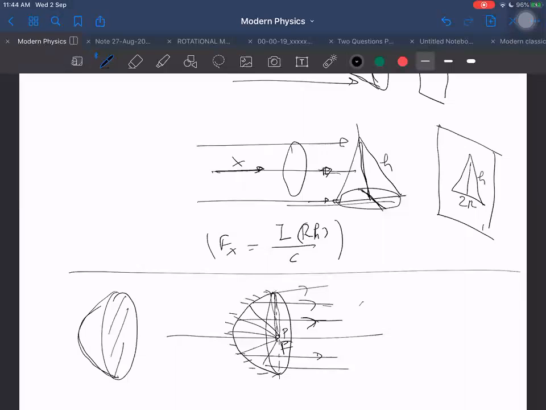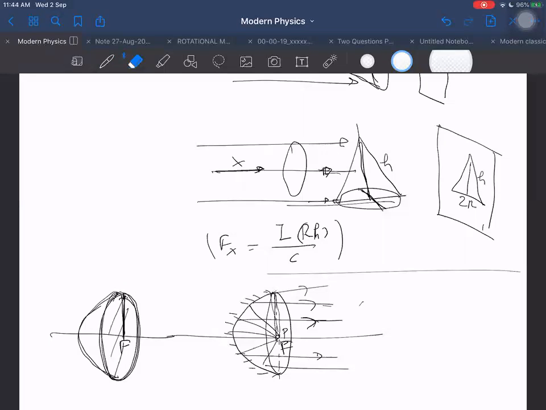I can give the shape of this area for the paraboloid mirror. Can you find it out? This is the focus here, and in the focal plane only I am taking one circular area. Up to that, the paraboloid ends. Understood what I am saying? It does not exist beyond that. There is no parabola after that. It only exists up to the focal plane. Then what will be the force acting on this parabolic mirror? Assume it to be perfectly reflecting. Can you find out?